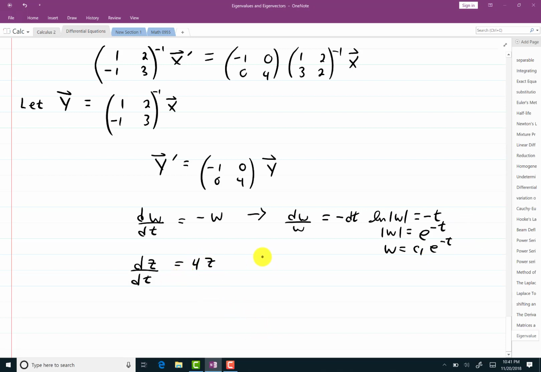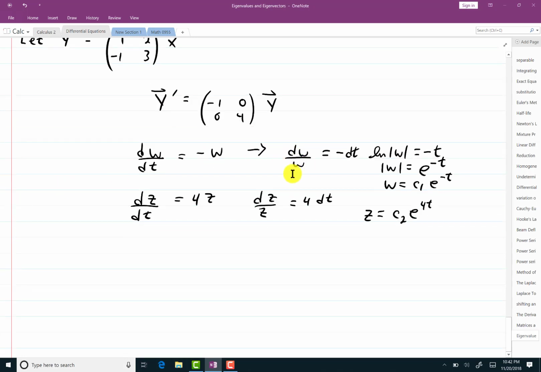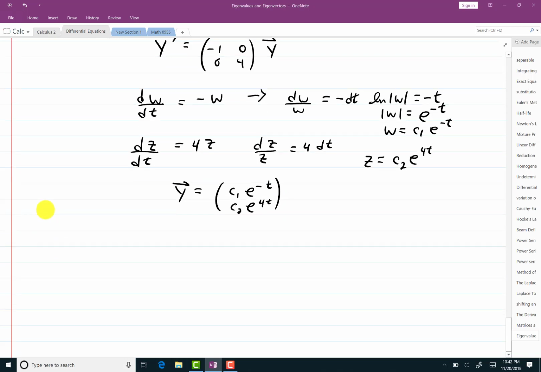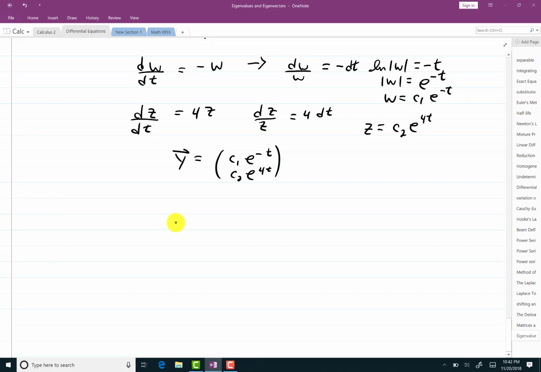Same thing goes with the second one. I will get dz over z equals 4 dt, or z will end up equaling c2 e to the 4t. So then this is my y vector. It equals c1 e to the -t, c2 e to the 4t. Now if I want to go back to x, that is substitute my way back, remember that y